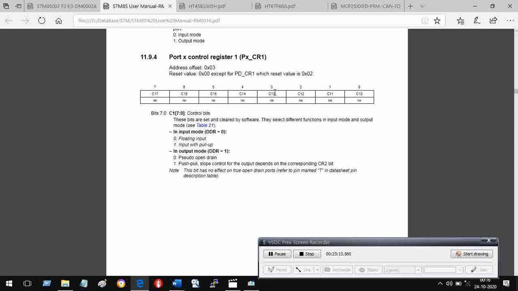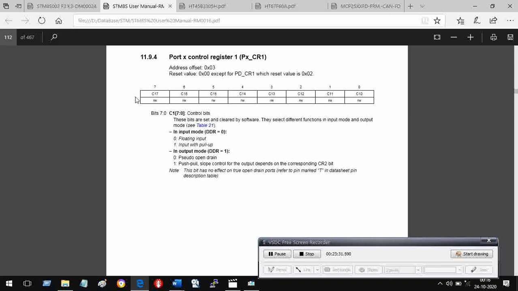So the D4, 0, 1, 2, 3, 4, this bit has to become 1. So it goes into push pull, slope control, etc. If this bit is 1 and I OR, this definitely becomes 1. So 0001 0000, with this I OR it.